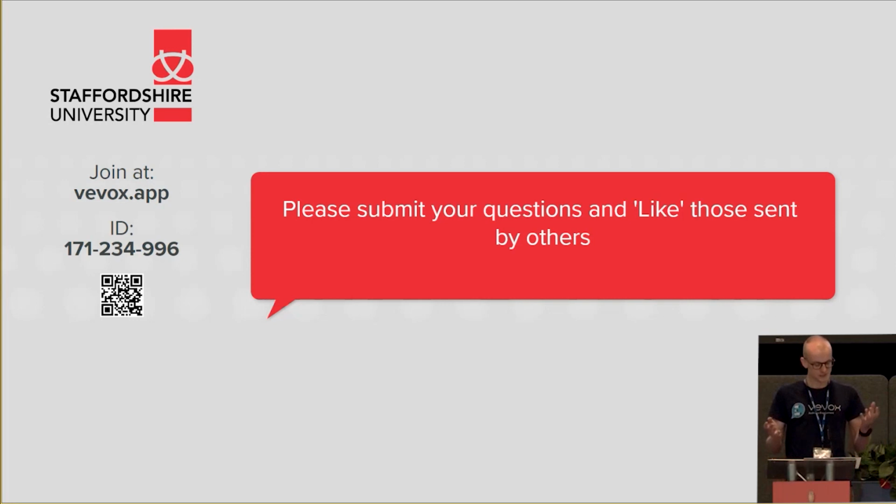Vevox is a student engagement platform. It consists of three main pillars: polling, surveys, and Q&A. It has the ability to be run in an anonymous way or identified. But we find, at least within education, most of our lecturers or users use it in an anonymous fashion. This is because it really gives the students a voice to ask those questions that they might otherwise be too afraid to put their hand up and ask.